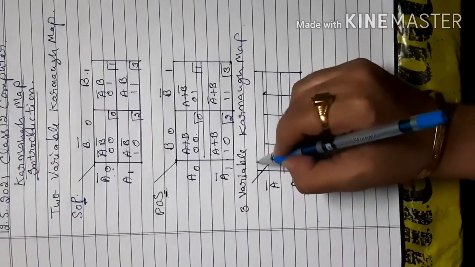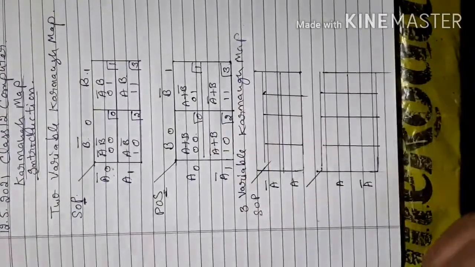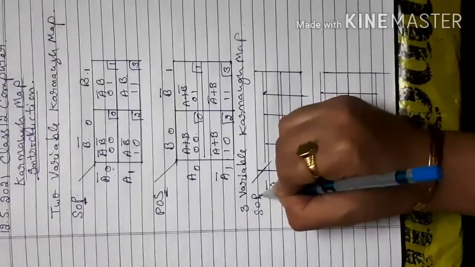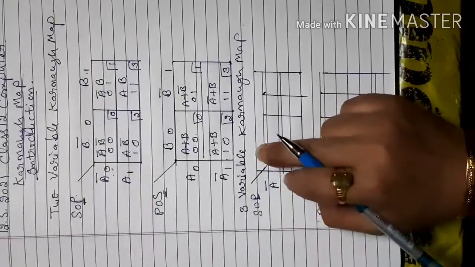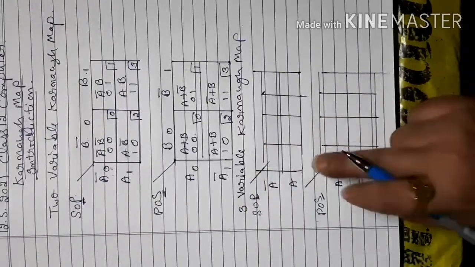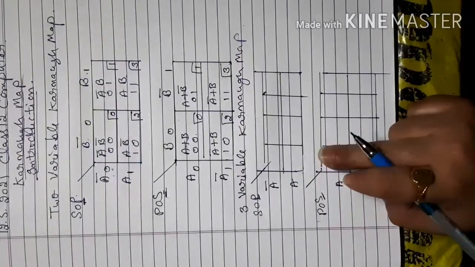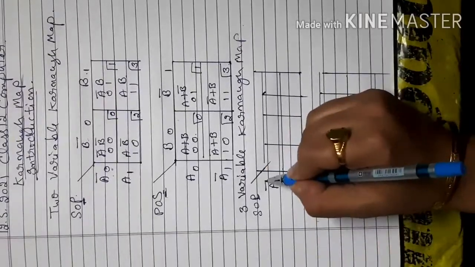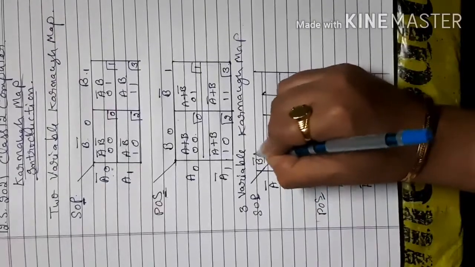Now if I move here, this is SOP, where products are shown, and this is POS. So remember this last variable when you are going to represent this. When 2 variables are written here, they are written in product form, and when 2 variables are written here, they are written in sum form. So how will you write it here? First A complement is there, then B complement and C complement.